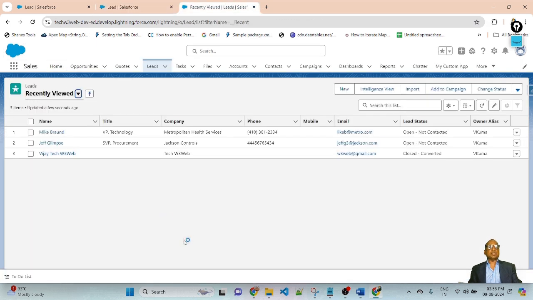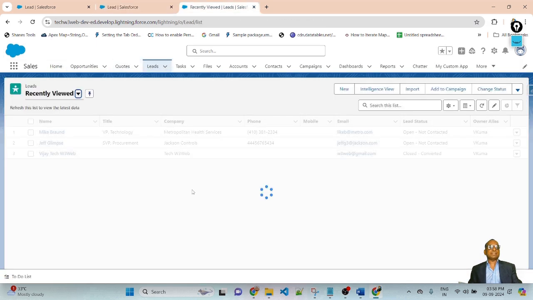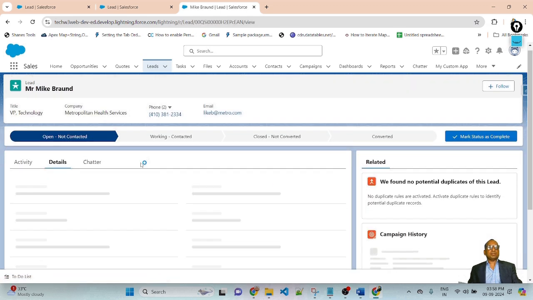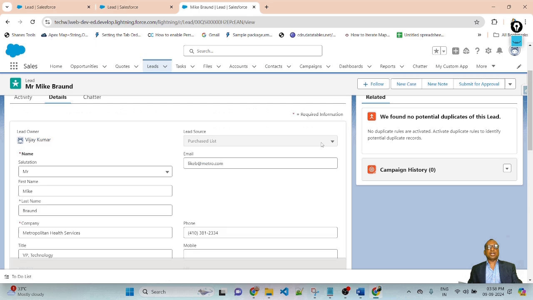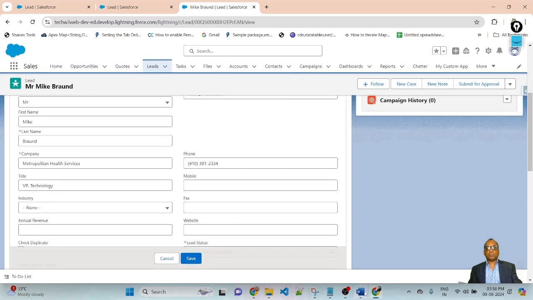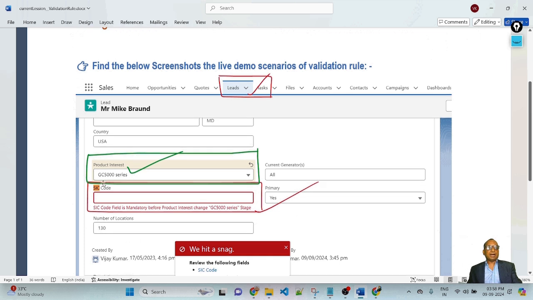So friends, as per the scenario, let me open the Lead object. Click on one record. Edit the record. Here you can see, as per the scenario, product interest is a picklist value, and the other field is a number type.